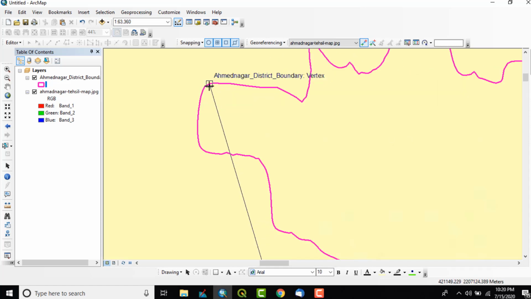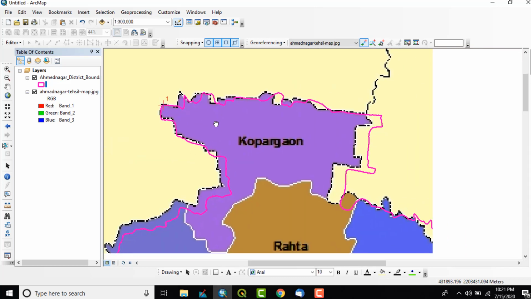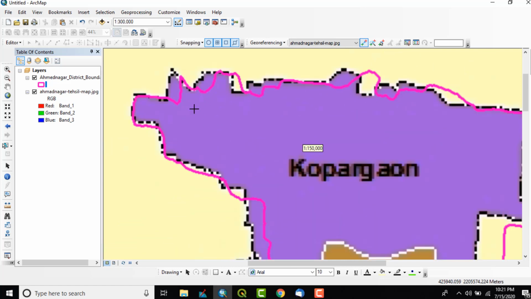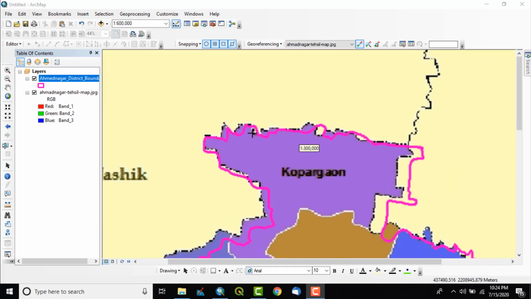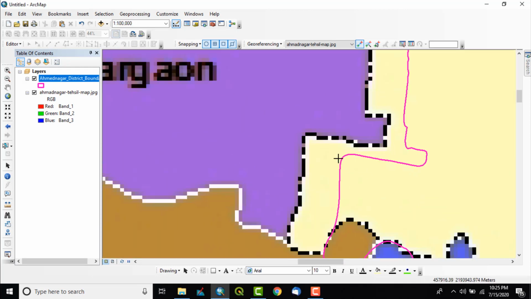We can zoom in and simply click when we get this particular square, because it shows that the point is being put on the shapefile. So just click, and you can see some boundary is being matched now. So the first point we have taken. Now let's check the next point. We can see this corner belongs to this corner of the shapefile. So we'll click first on the JPG file and the same on the shapefile.